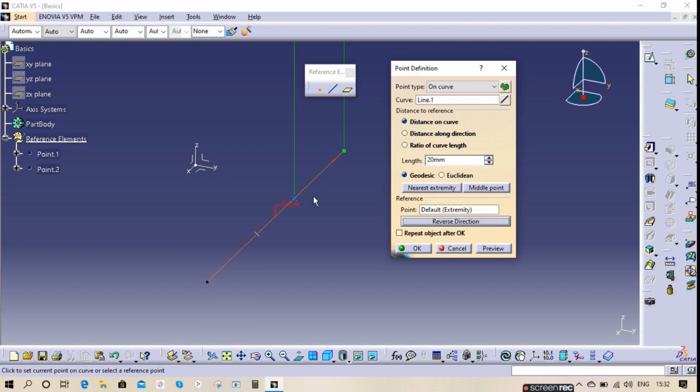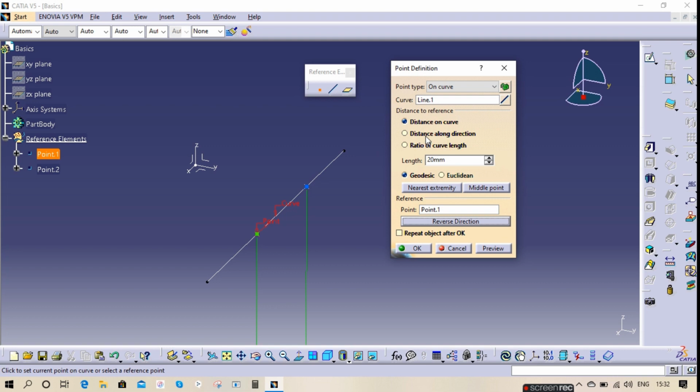Or if you have another point, from that point you can take any distance along the line. Suppose I take this reference point, from this point it will take 20 in one direction or the other direction. Whichever you choose, it will flip to the opposite side.